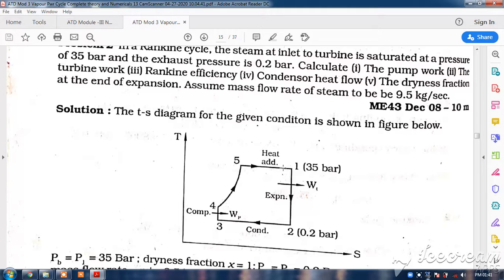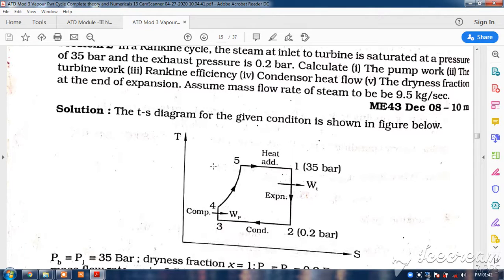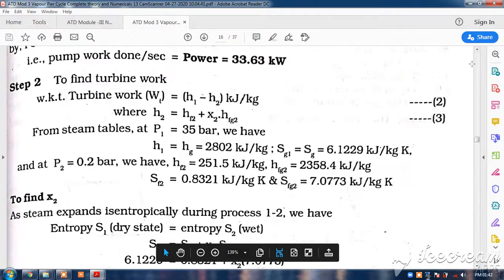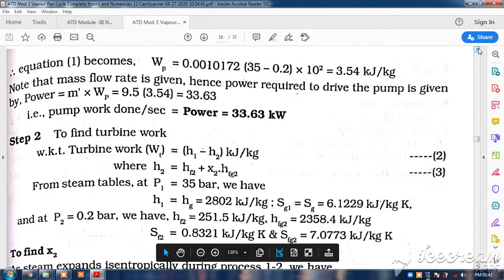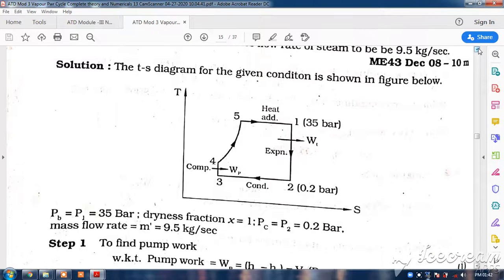From the Mollier diagram, the enthalpy entropy diagram, straight away you can get the enthalpy here. Otherwise, for easy calculation you can take a steam table also and find out the values. Okay, so please understand, this problem we will solve in two parts because it is slightly long and I want to make you understand how it is to be done.